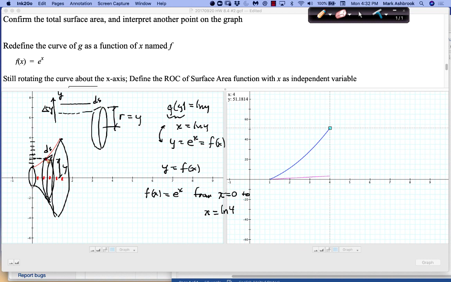The same ds is going to be tangent to the curve at the starting point of the interval. We're going to take that ds, and since it's the same surface as before, resulting from rotating around the x-axis, that ds is also still going to be rotated around the x-axis, so we have the exact same frustum, or same ribbon. So it's the same ribbon whether x is our independent variable or y is our independent variable, because what determines